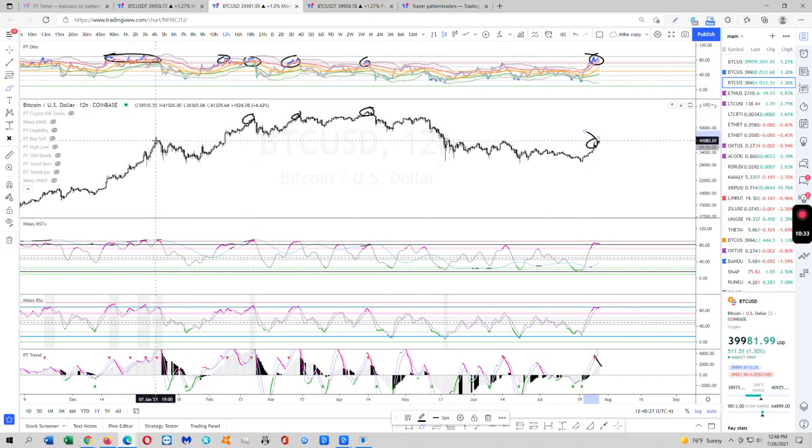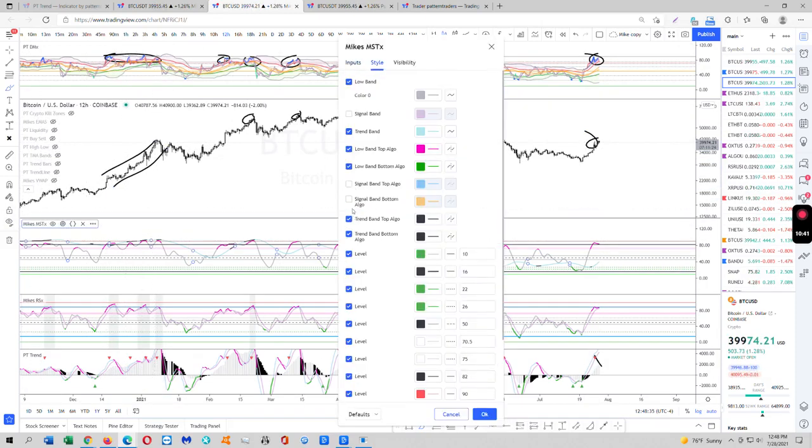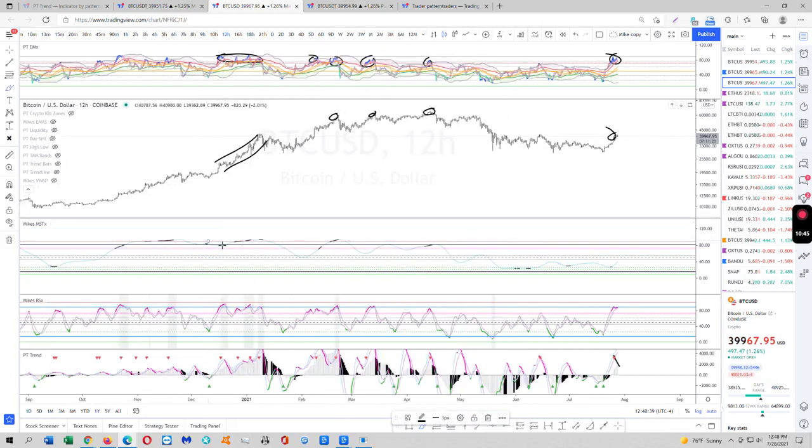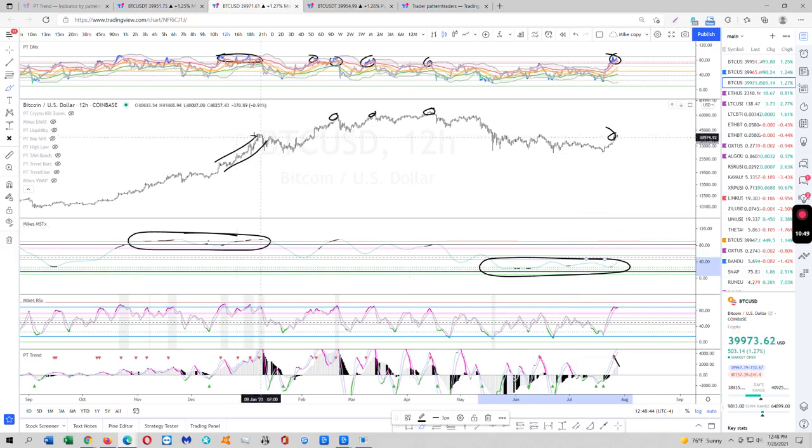Especially when you're range bound. See? Over here we were trending up, but that's because the trend line was on the top side. Get rid of the low band. See, we were trending up, the trend line was all the way up here. The trend line's at the bottom right now, guys. So we're not trending up, we're trending down. So obviously shorts are more valid than longs regarding range highs. Okay? Keep that in mind.